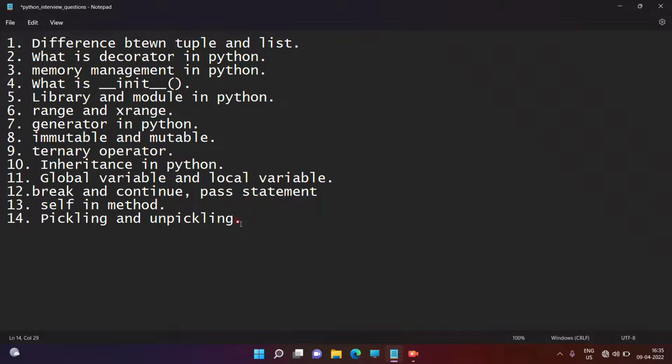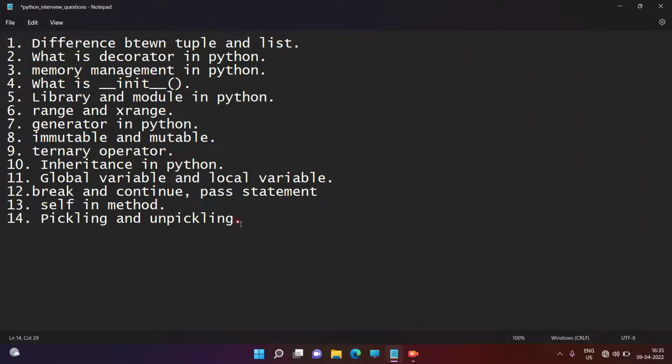First of all, pickling. What is pickling? Pickling is a process of converting Python object data into byte stream data. What is byte stream data? Byte stream data is byte code data which is understandable only by a machine, not readable by humans, right guys?